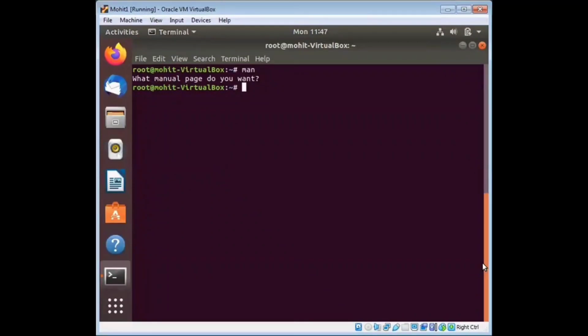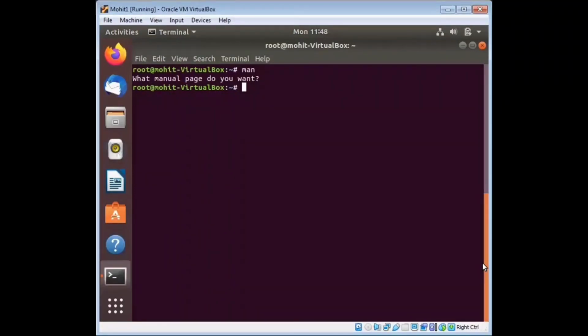The man command provides in-depth information about the requested command. If you want in-depth information about a particular command, you just type man space and the command name, or you can say it allows the user to search for commands related to a particular keyword.